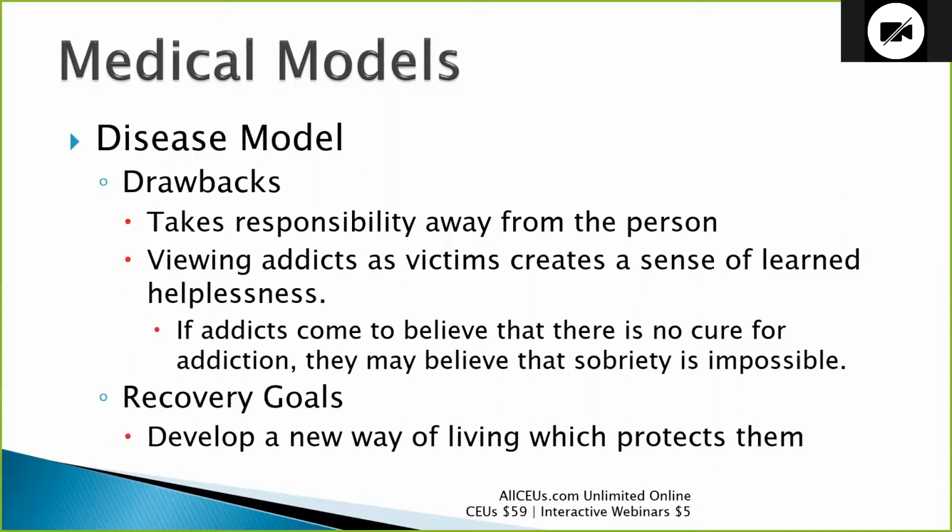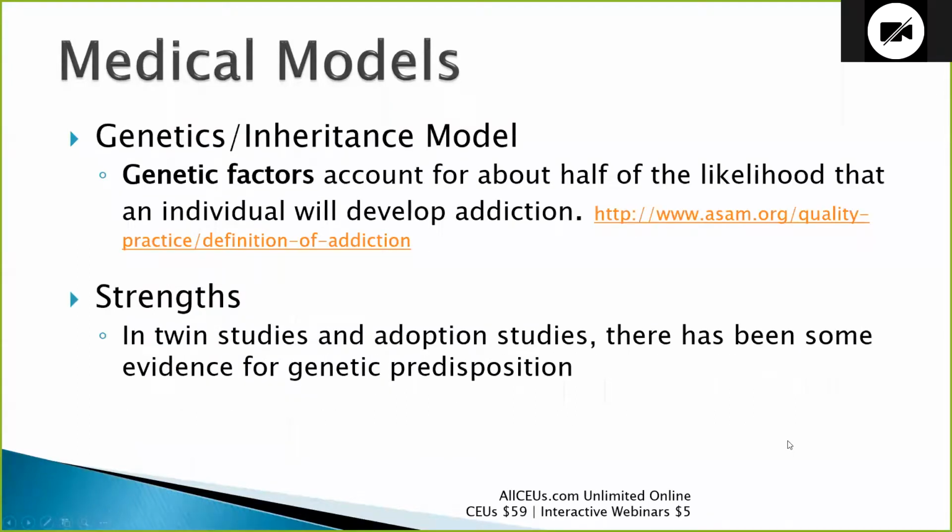With the disease model, people need to develop a new way of living that protects them from these things. It's kind of like, back in the day, I'm going to age myself now, there was a story about a boy in a bubble who had no immune system, or very little immune system. So they had to put him in this very sterile bubble to help him stay safe. And what the medical model basically says is, unless we can figure out how to fix your brain, you need to stay in a very controlled bubble in order to stay safe.